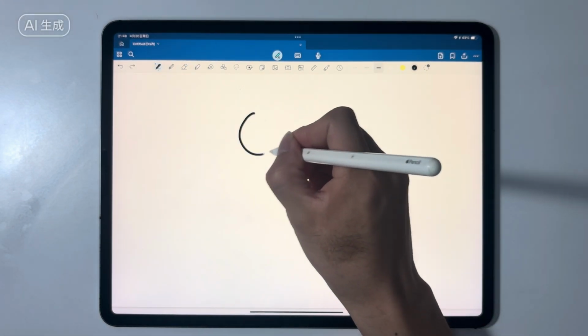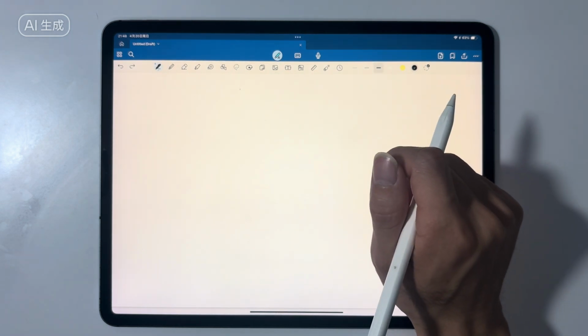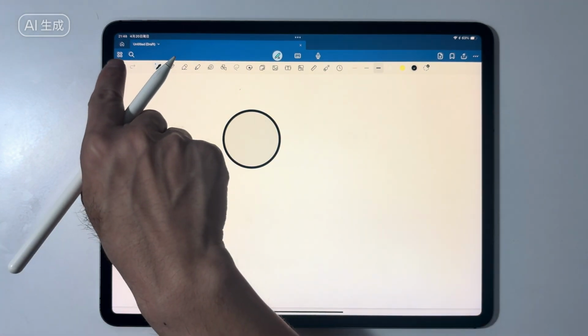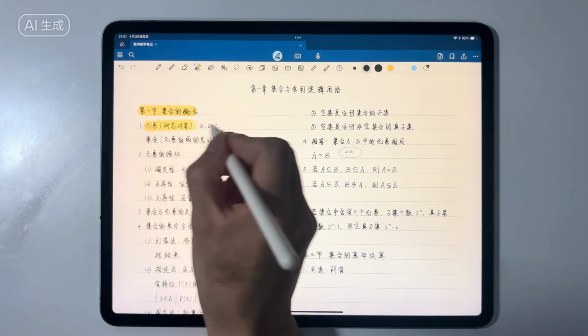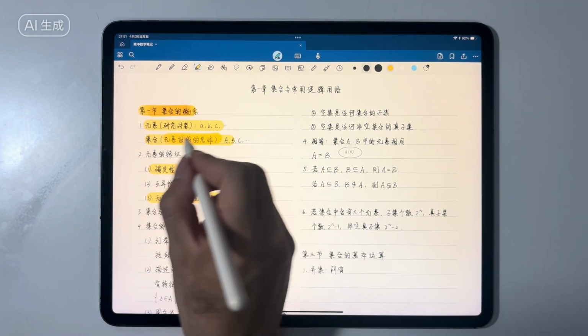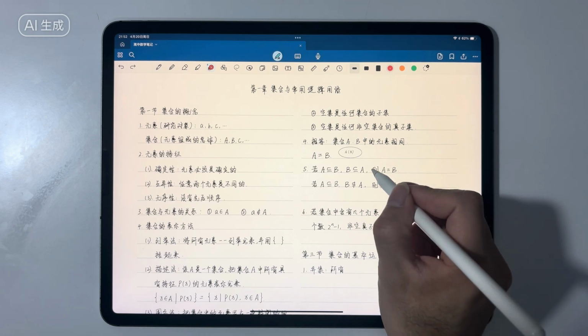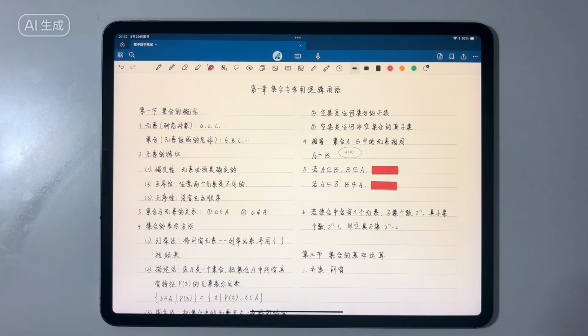5. Quick undo. Click the screen twice with two fingers to quickly undo the previous writing operation, or click the undo button in the upper left corner to undo it. 6. Highlighter. The highlighter can mark the key points, and the superimposed color can mark more important content without blocking the text. 7. Tape. A rectangular mask temporarily hides the content, which is suitable for covering the answer when answering